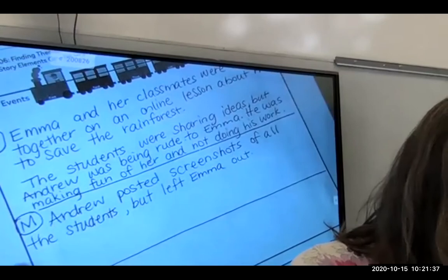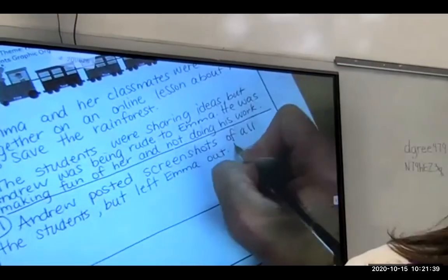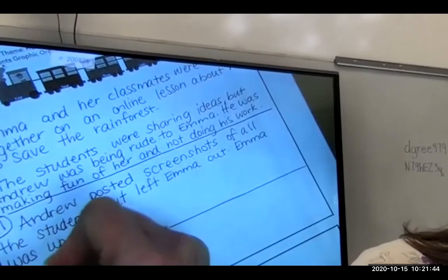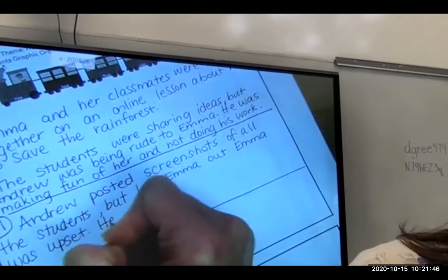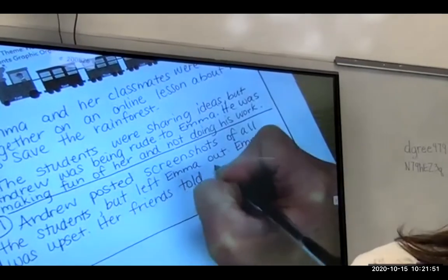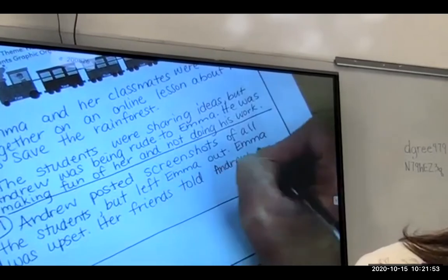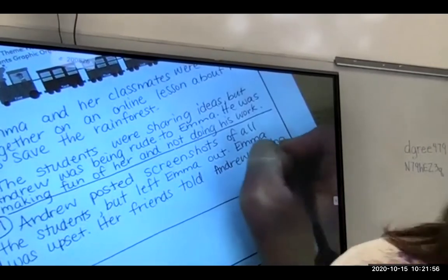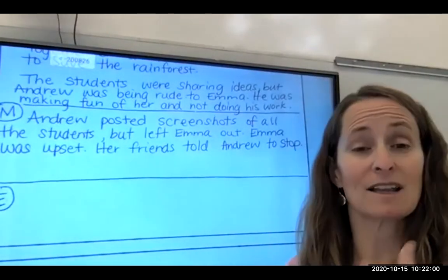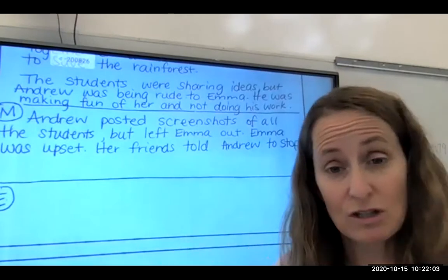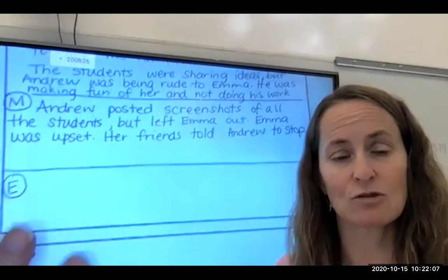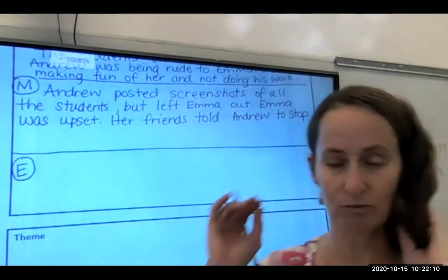Emma and her friends, Emma was upset, her friends told Andrew to stop. So that's kind of that middle chunk of what those major events would be. I know, like I said, this looks like a lot of writing, but your fourth graders, friend, you can do this. Okay, so beginning, middle, and then the end is usually how that problem gets solved